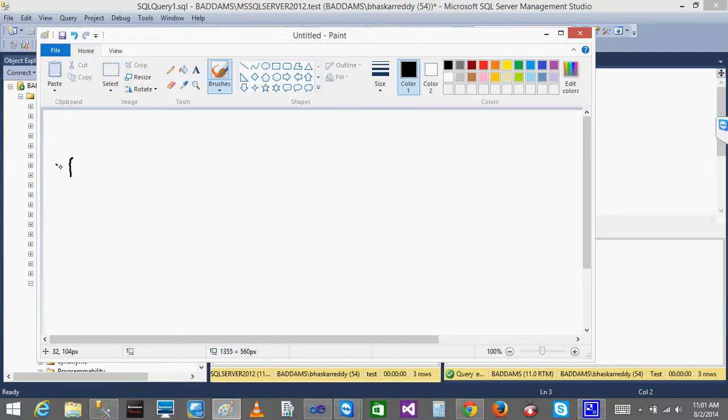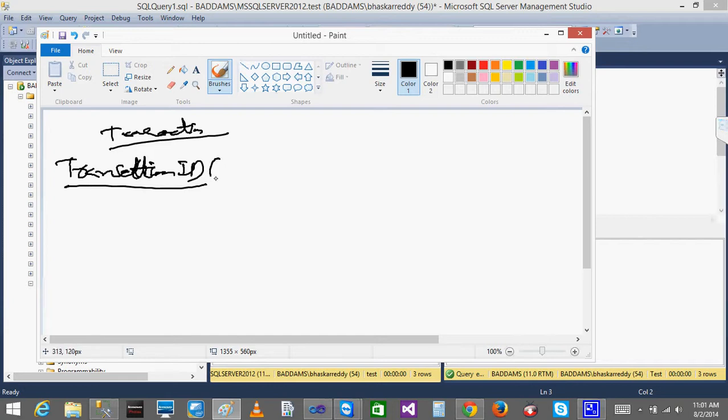Let's say you have a company doing many transactions, so there is a column called transaction ID, and the table name is something like transaction. The transaction ID is a primary key, and apart from this there are the transaction date and the transaction amount.